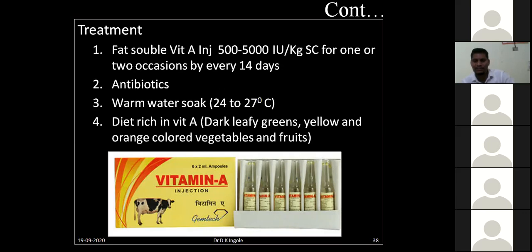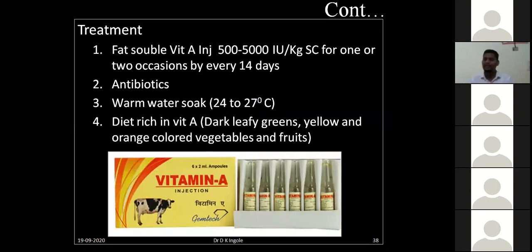Another thing is that in case of pneumonia or any kind of respiratory tract infection, what is this intracardiac shunt? Actually, blood should flow towards the lungs, but due to this intracardiac shunting mechanism, in case of pneumonia, the blood instead of flowing to the lung is diverted away from the lung. That is one of the challenges that delays recovery in reptiles, so we have to consider that. Then we can add some diet rich in vitamin A, like dark leafy greens, and yellow or orange colored vegetables and fruits, to get the recovery of this vitamin A.